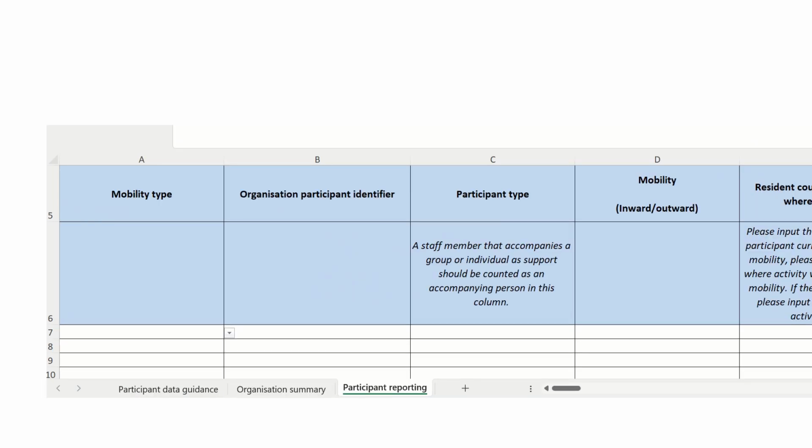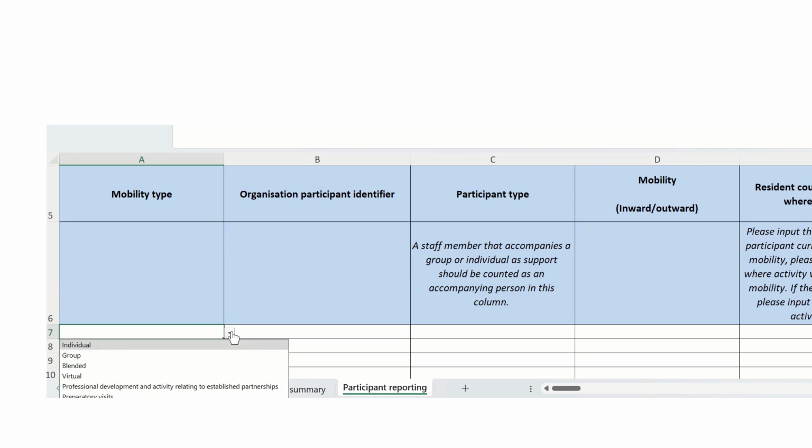And then finally, I'll just do one more example. As I mentioned, as well as mobilities that have been completed, the only exception is for participants who've incurred costs for requested additional funds in relation to upcoming or ongoing mobilities. So for this participant, I will enter them as being part of a preparatory visit.